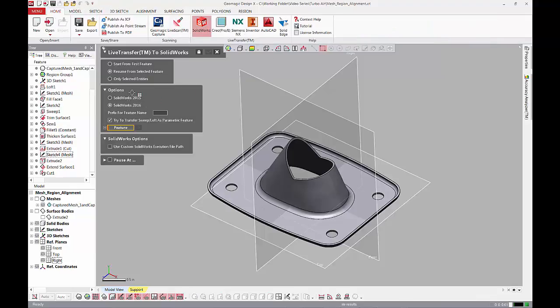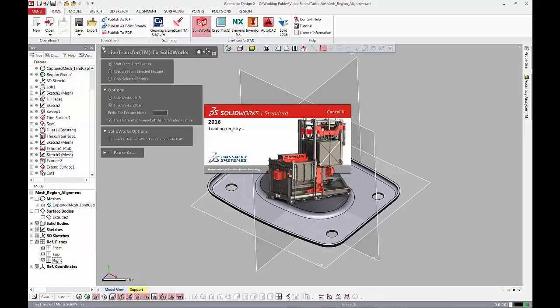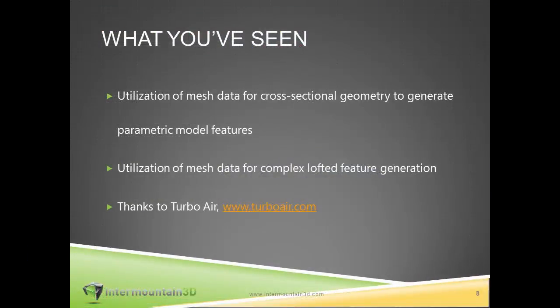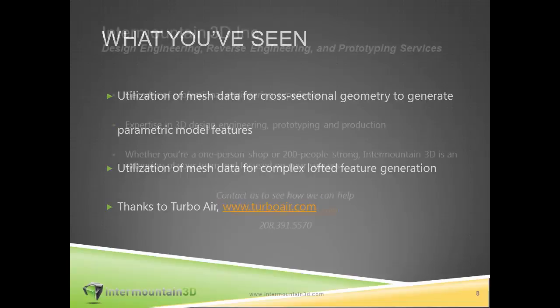Now, one of the things we can do here from this data is we also have live transfer tools in Geomagic Design X where we can start to transfer to programs like SolidWorks. There is a lot of other functions that this software can do, but it really allows you to create a parametric model that can be used as an end-user part that can be modified or ultimately printed, which we will do